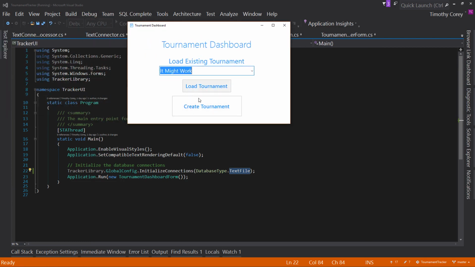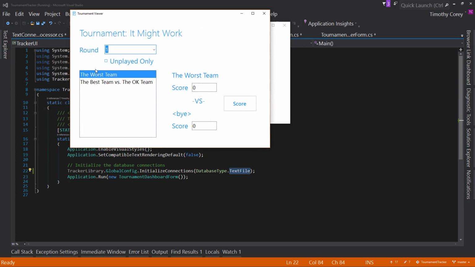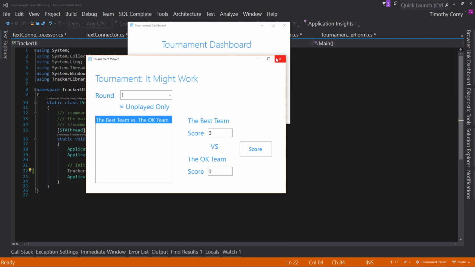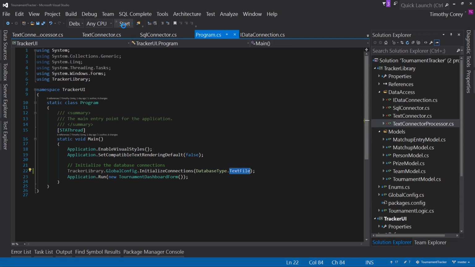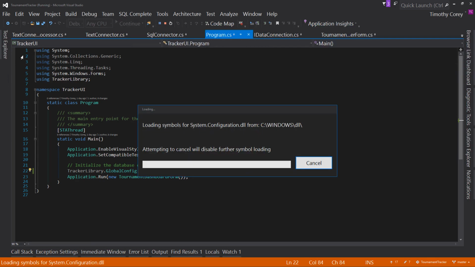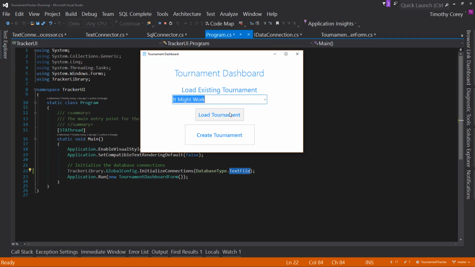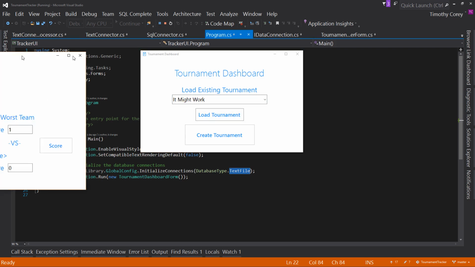We have the It Might Work tourney. Sounds good. We have two values. The worst team has a bye week. That's convenient. Let's first check this, then we'll score them. And now they go off the list. Now it should be that was called, which means if I close all this out and start over again, the It Might Work tournament,